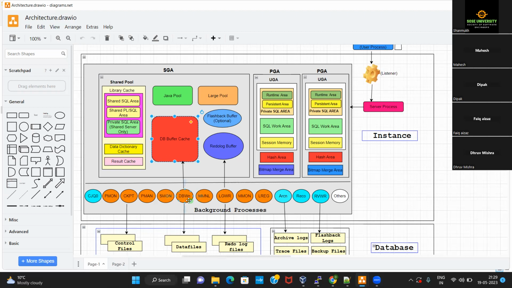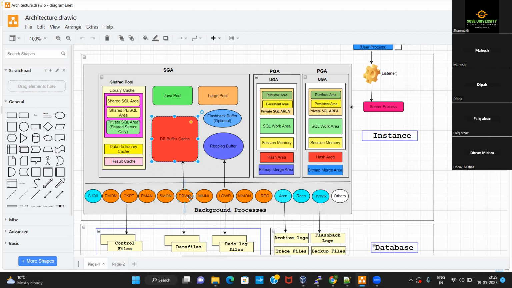Now, in which scenarios is there a requirement to configure multiple database writer processes? It might happen that your database is a highly transactional database. The users keep on inserting, updating and deleting data in the database.